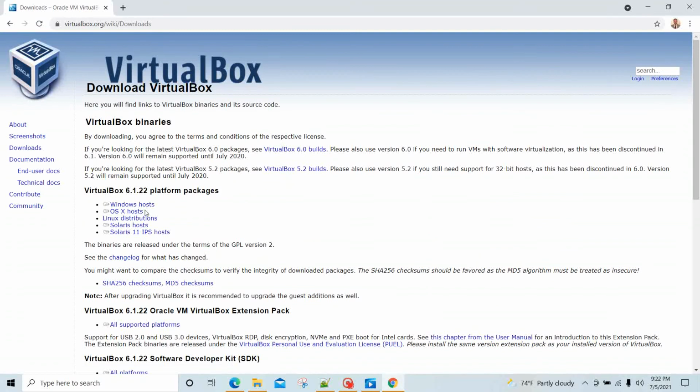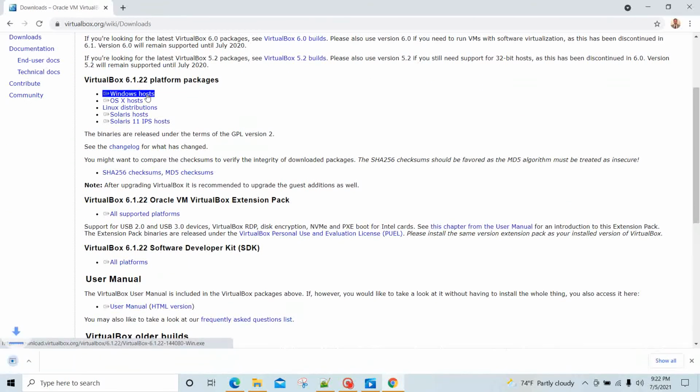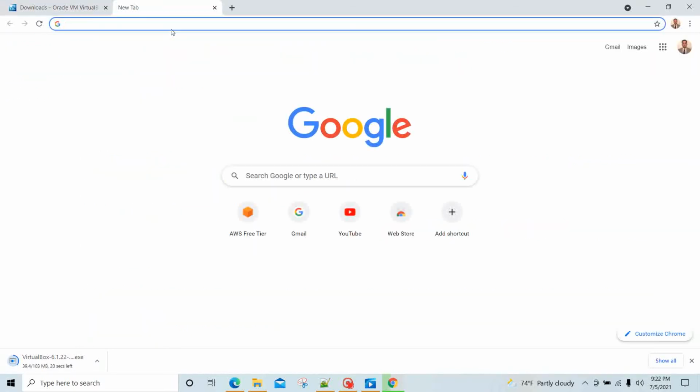I'm just going to go to downloads, and since I'm using Windows hosts, I'm just going to find the Windows hosts link and click on that, and you see that the download has started. It's about 103 megabytes in file size. While this is downloading, what I'll do,